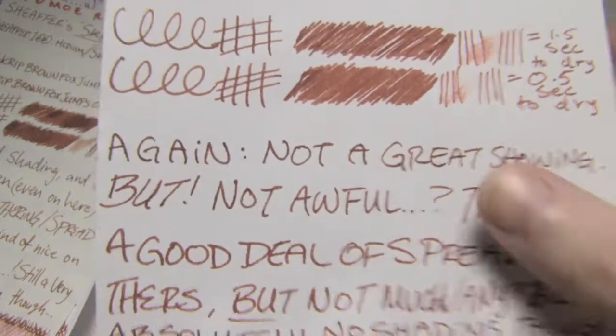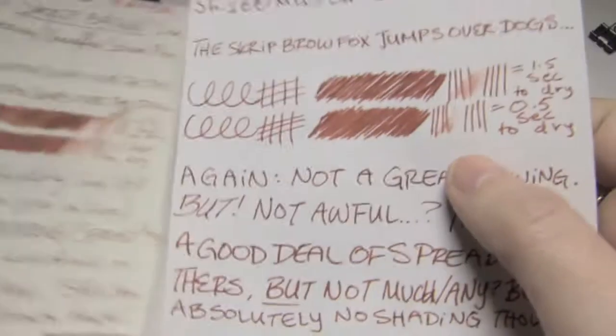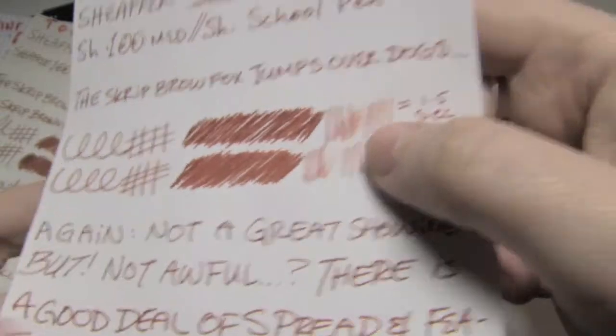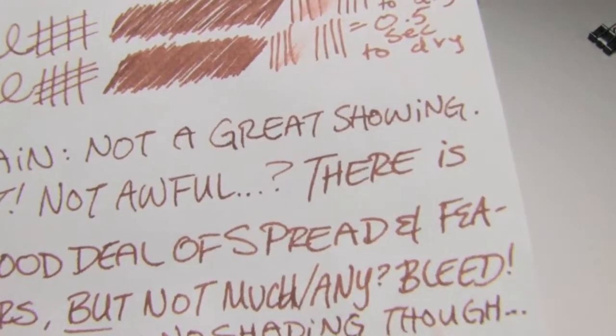You know, I mean, there is some spread. You will see spread, but it's not as bad as I was anticipating. There is some feathering. That is not good. But it's not those big, distracting, cactus sticker feathers. It's not quite as bad. Considering this is the world's worst copier paper, I was expecting bleed through everywhere. There is some extreme show through, but not really a lot of...